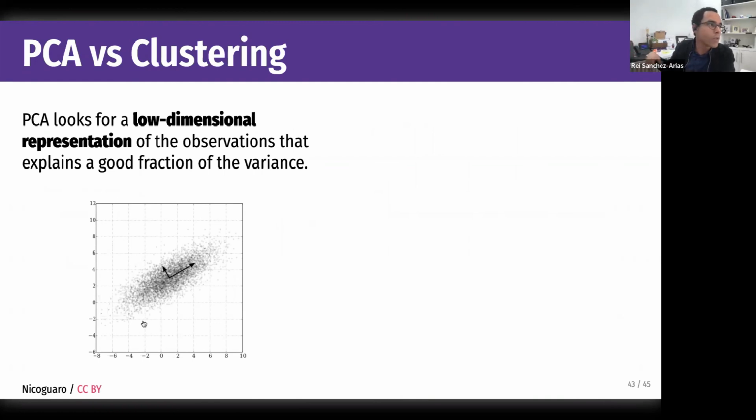It has a beautiful solution that shows that the optimal clustering and the optimal way to do it is by finding the centroids, and it's a great read and easy to implement. There's also PCA as part of unsupervised learning, but here we're not looking for clusters, we're looking for groups. We're looking for what we call a low-dimensional representation of the observations that explains most of the variance in our